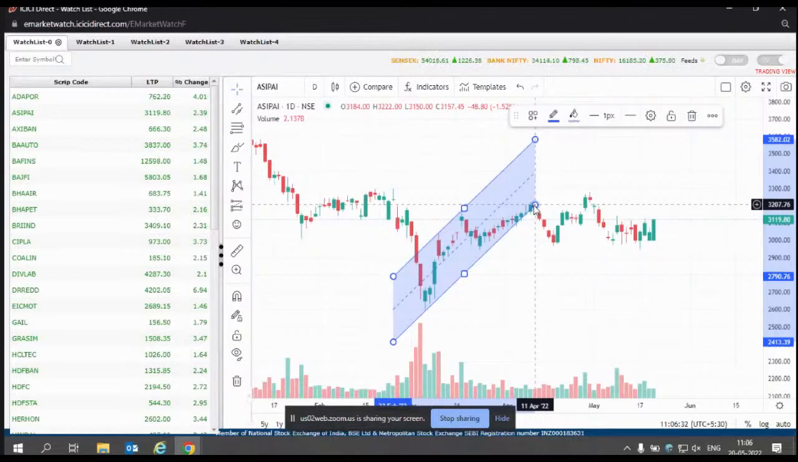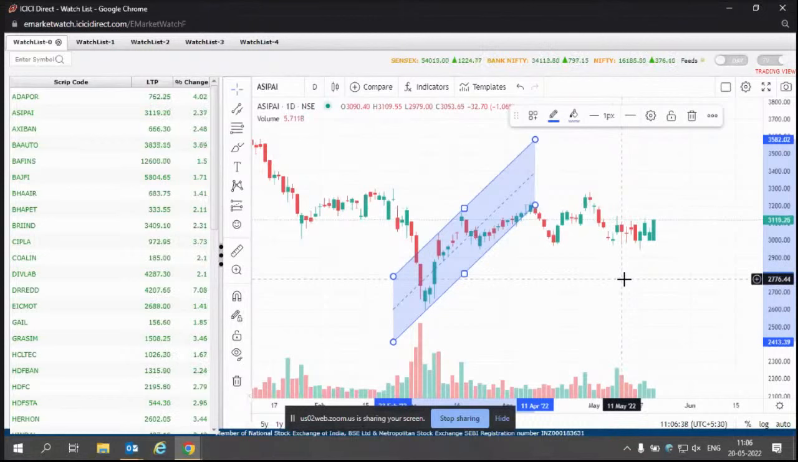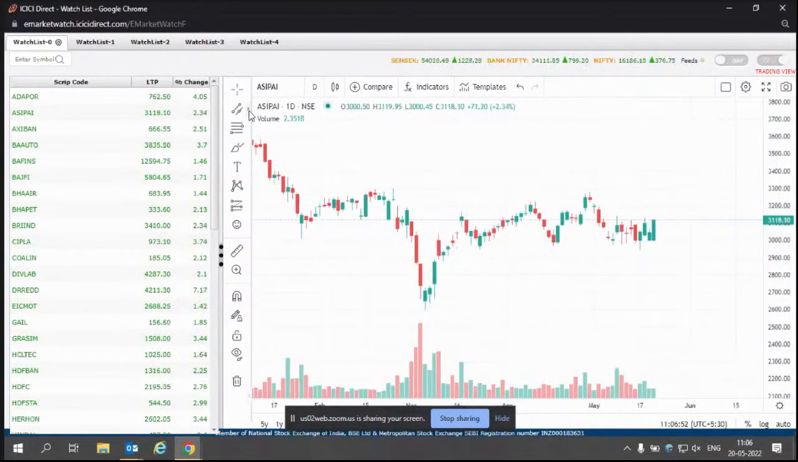So for channels, it is important to draw them by looking for important tops and important bottoms. Joining those can give you fantastic results in channels. Apart from that, one can also draw the trend line, the one which we all know, which we talk of a lot in technicals. Trend lines are very important to understand the support